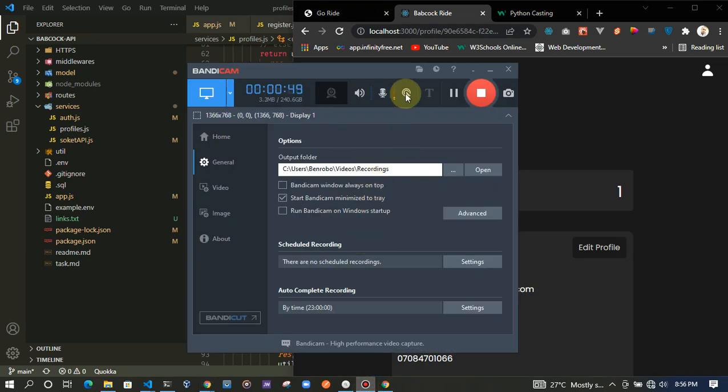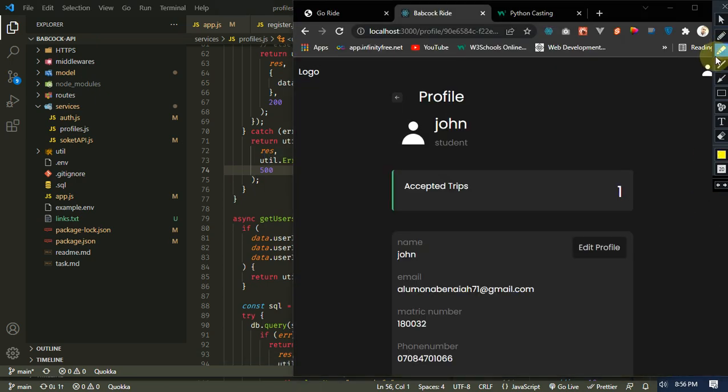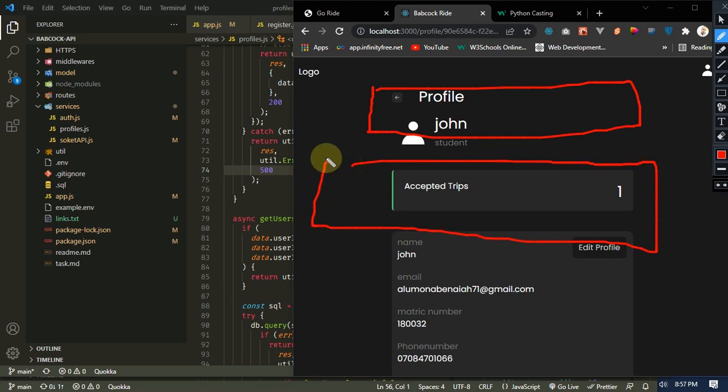I don't know why this isn't shown. So let me just take this off. Each of these blocks you are seeing here are called components in React, and that's what makes React a really good library for JavaScript. React is a JavaScript library meant for building reusable UI